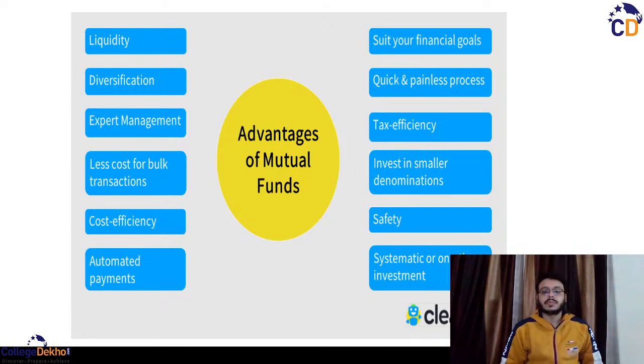Then suit your financial goals. Obviously, the mutual fund must be able to suit your financial goals. See, this expert management will tell you a large number of things. Again, go for this fund, go for that fund, and that fund has given return or not. But an expert manager who is literally concerned about you as well, he will also ask about your